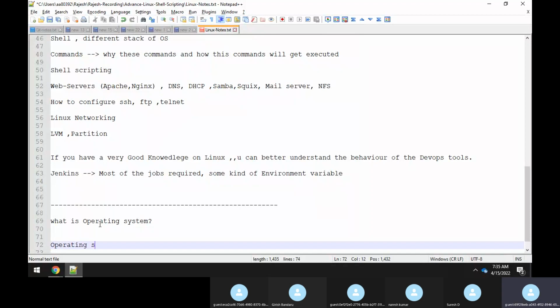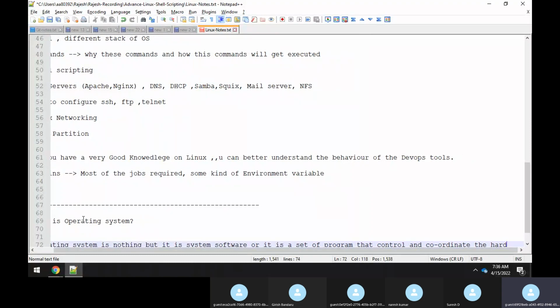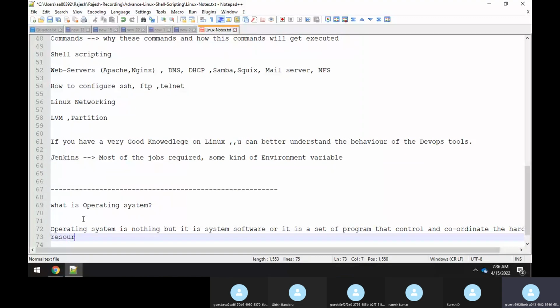Operating system is nothing but a system software, or a set of programs or set of modules that control and coordinate the hardware resources for the different application programs.